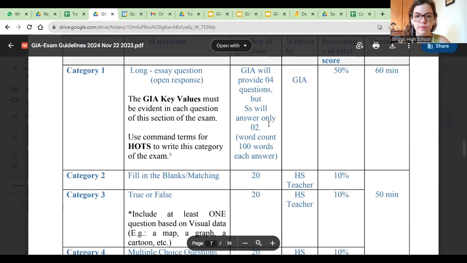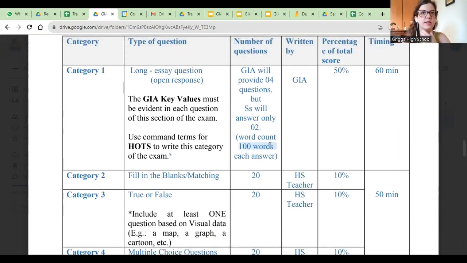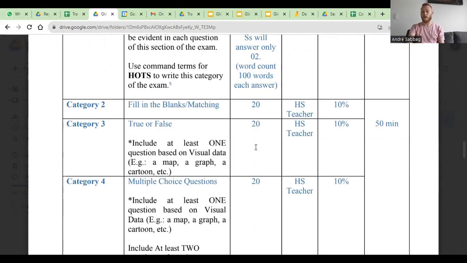Here, it's the same thing. Usually we work with 10%, more or less, because there are some students that are prolific, is it the word, when they talk a lot or write a lot, and they could write 200, 250 words, which is more than double. It's too much. So, sorry, go ahead.